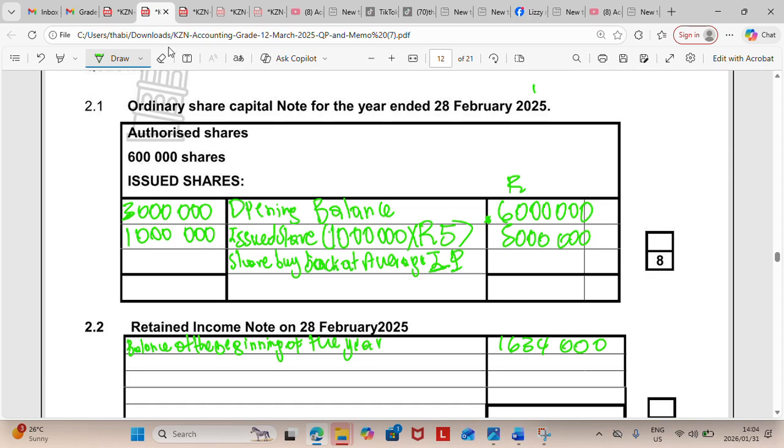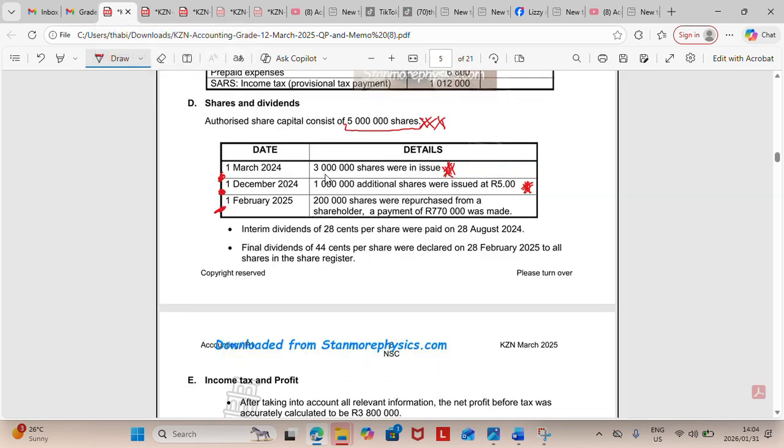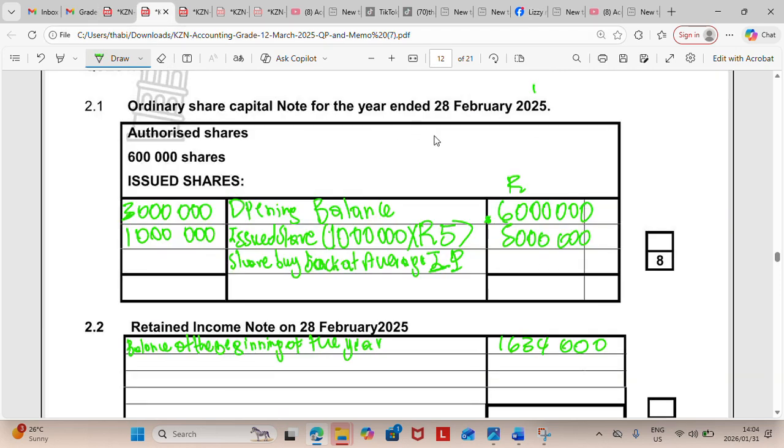balance. We're told here, 1st March, 3 million shares were in issue. Those 3 million shares in issue, the rand value of those shares is how much? Is 6 million. And then other shares that were issued is the 5 million. So you're going to take 5 million plus 6 million, you'll get 11 million. So this 11 million, you are going to divide by the number of shares that were in issue or issued. 3 million plus 1 million, you get 4 million. Okay? And then you will get the average issue price of